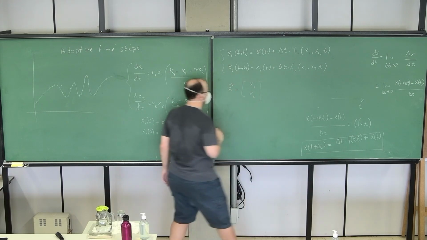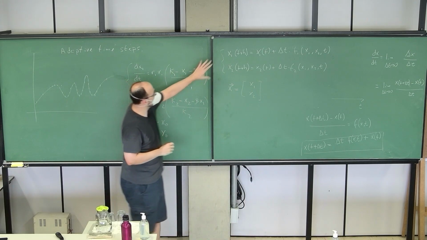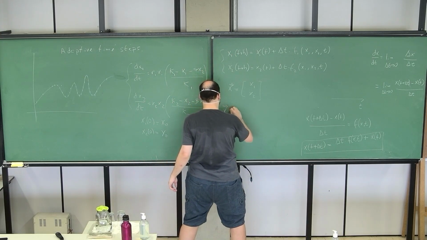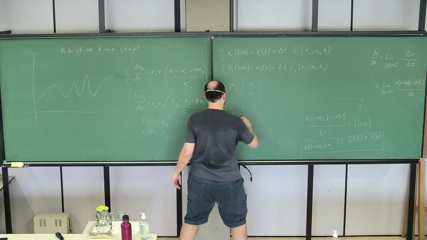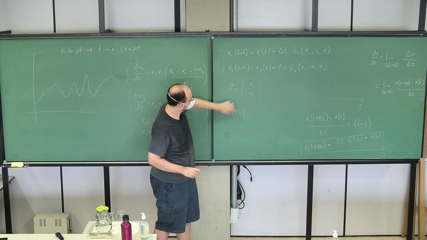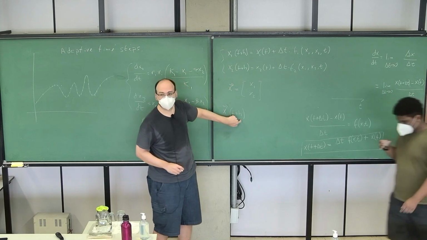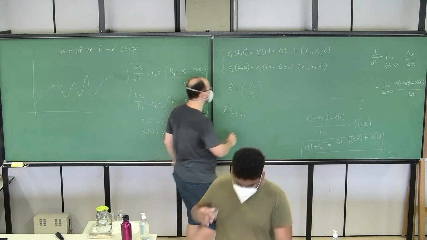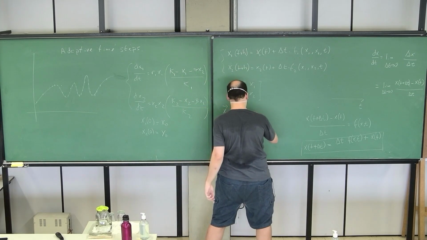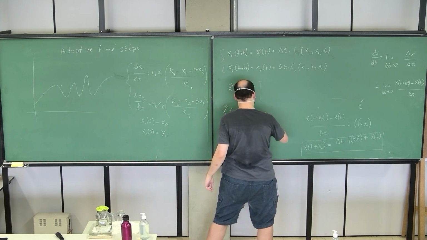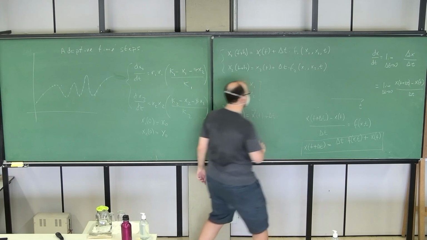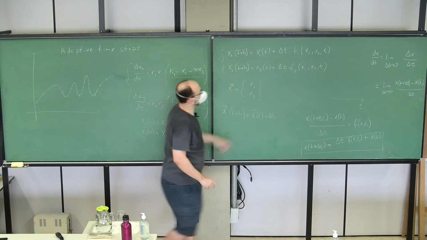Now this is the vector x at the point t plus h. What is this? It is vector x1 at t plus h and x2 at t plus h. And this will be x at t plus delta t times,